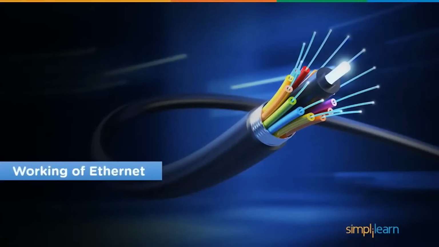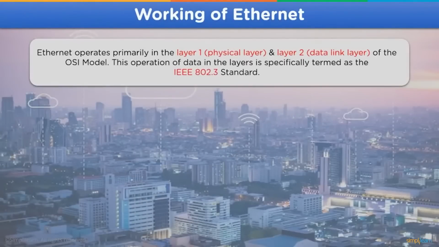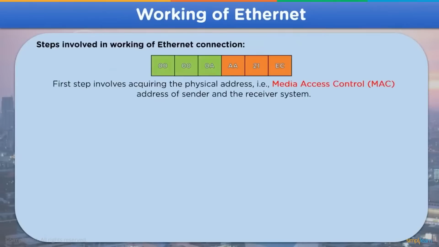Now let's look into the working of Ethernet. Ethernet services specifically work in the first layer of the OSI model, that is known as the physical layer, and the second layer of the OSI model, also known as data link layer. Functioning of the Ethernet can be divided into three different parts. First step being acquiring the physical address, that is MAC address, media access control address of the sender and the